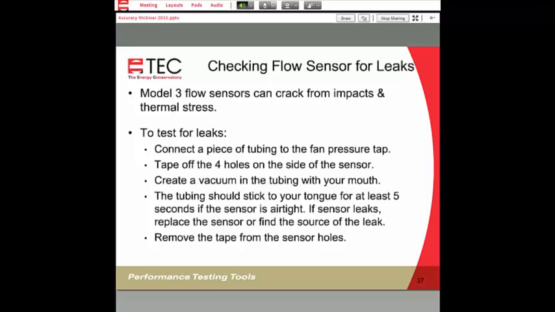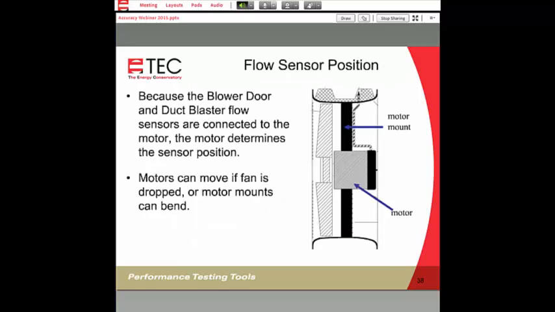If it does, that's airtight. If it does not, that means that there's a leak and you need to replace that flow sensor. It could also be a leak in the tubing, so you want to check that as well. And before you use it, make sure that you remove the tape from the sensor holes to make sure you can read. Now the flow sensor position is what's really critical.